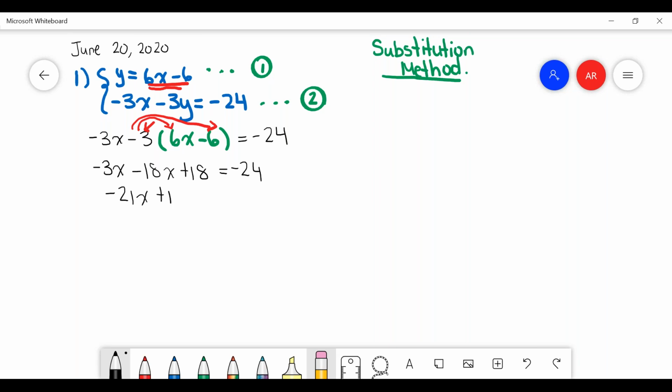And then we're just going to be writing plus 18 equals negative 24. And now combining like terms even further, we have a minus 21x and plus 18 on the left side, and we have a minus 24 on the right side. So I'm just going to subtract 18 on both sides in order to isolate for x and also combine like terms. So doing this,